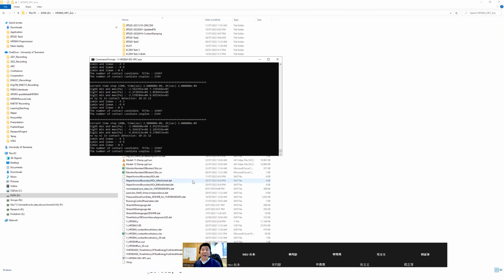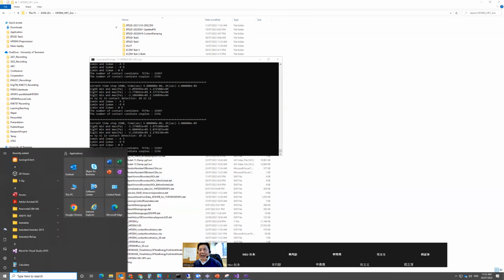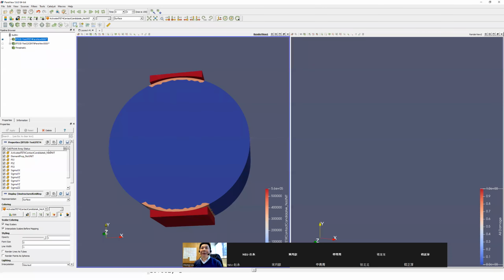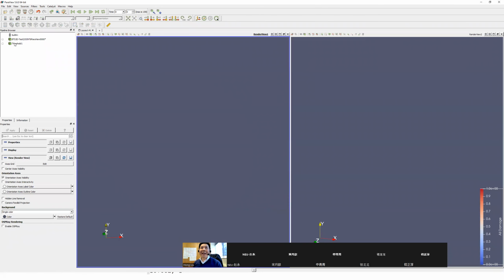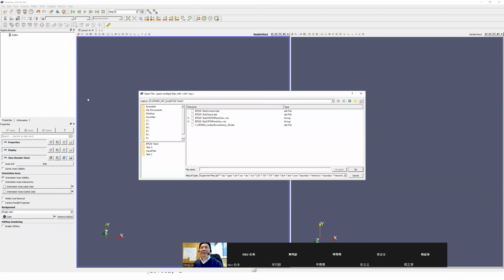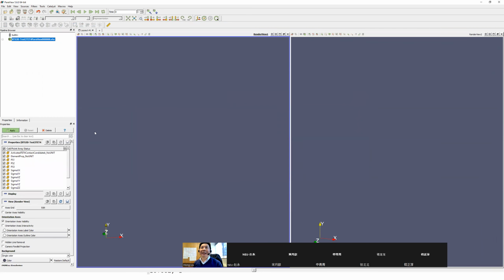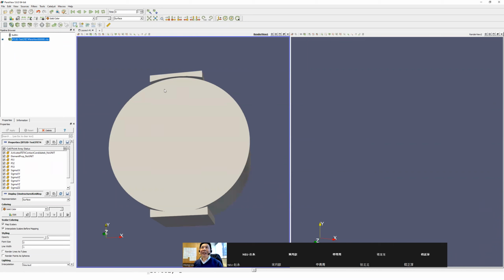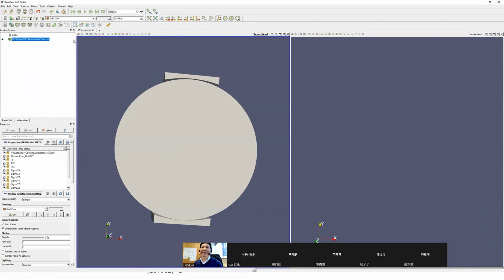Actually, during the computing, you can visualize the results. So I visualize the results using the parallel view. I delete everything in here, and then I have it in the parallel view. So this one is what we did. You can check the results in here, and from here you can check what you defined in the